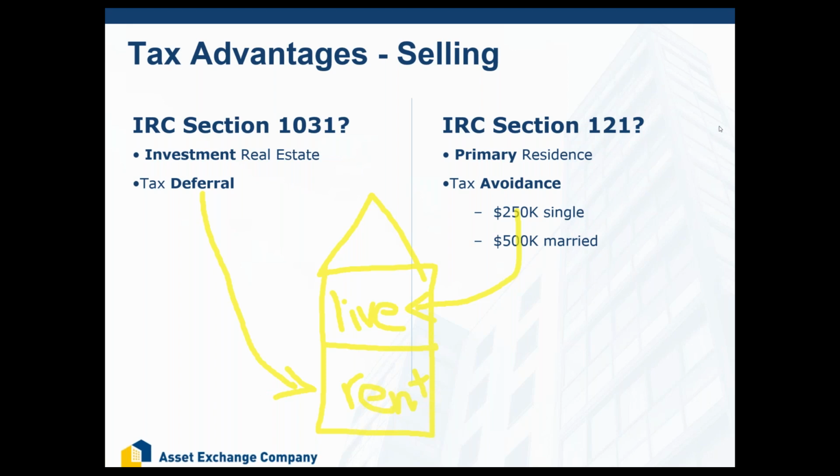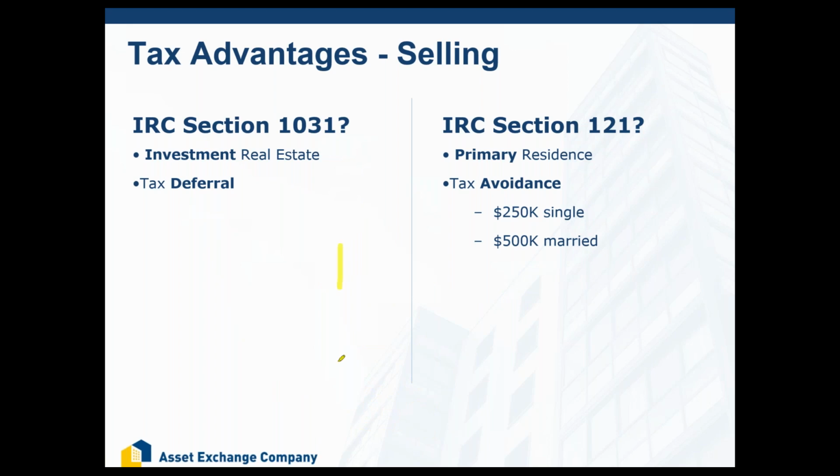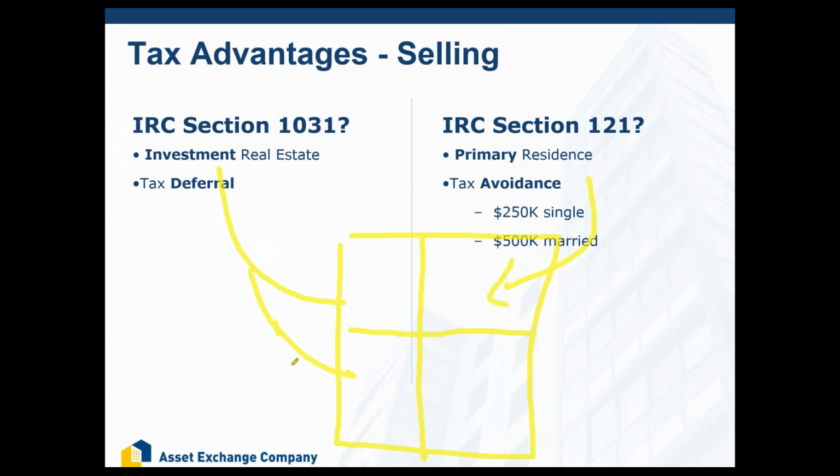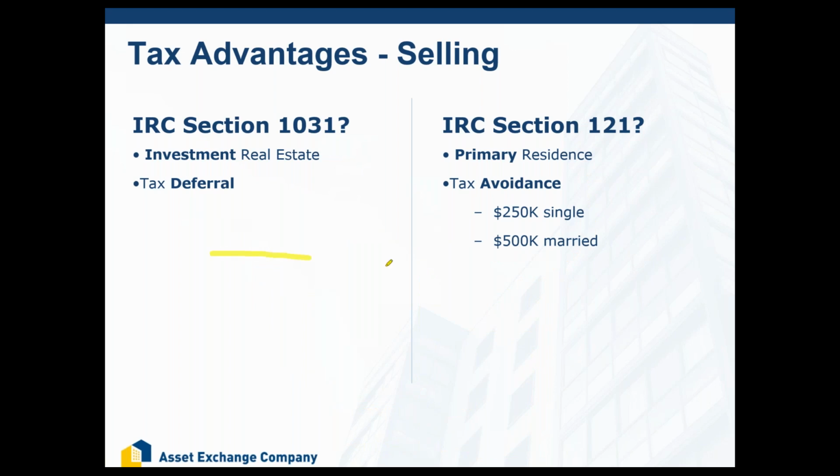Now, it doesn't have to be a 2-unit building, right? It could be a 4-unit building. Your client lives in just one of the units, and then she rents out the other 3. All right, you can use 1031 and 121 in that type of situation as well. I also have a client who's got a big giant farm in the Central Valley. On that farm is a tiny little house. Well, the client, when they sell the farm, they can take the homeowner's exemption on the house.